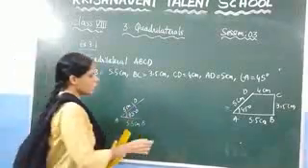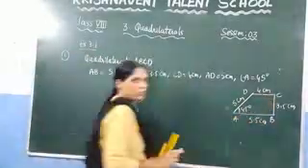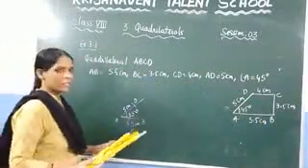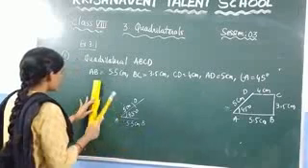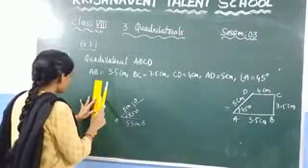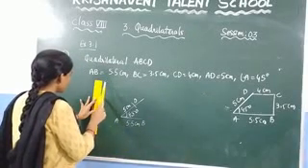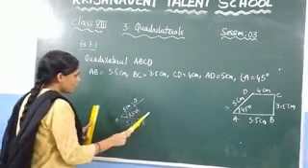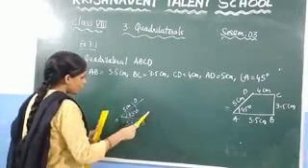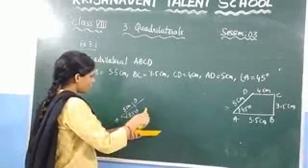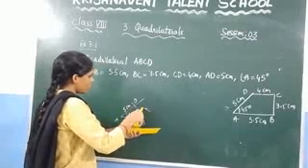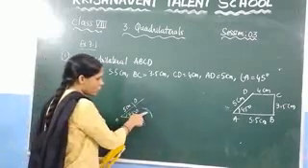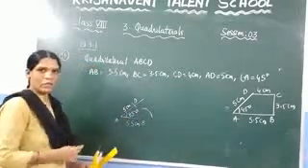Now you need to make an arc of BC which is 3.5. Again with the help of the scale, take the radius which is 3.5. You know that this is nothing but 3.5. Between 3 and 4 you will get this, the length of 3.5. So here at this point make an arc of 3.5. Since we don't know the intersection point, you need to draw one more arc.